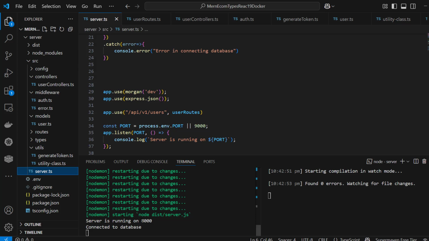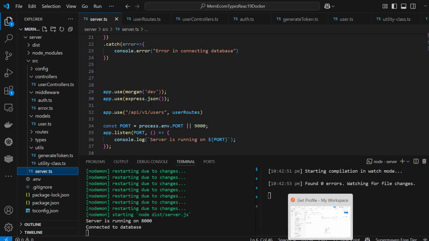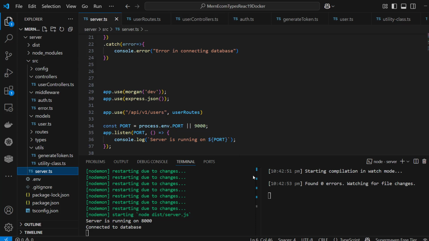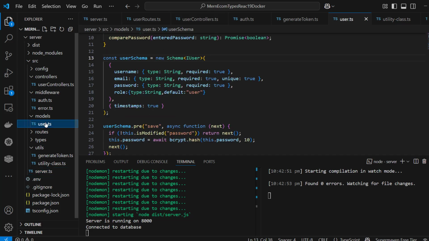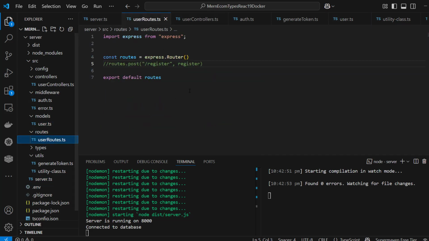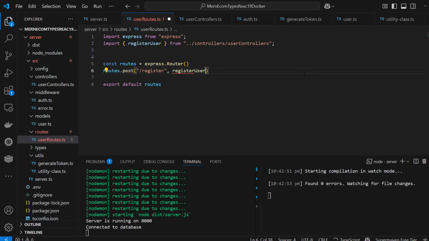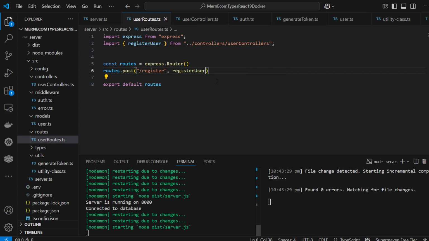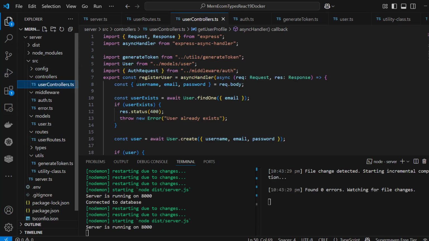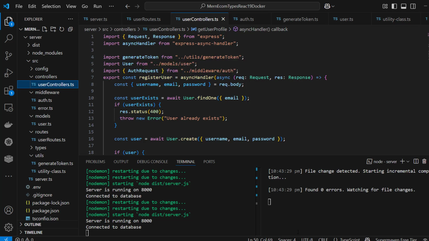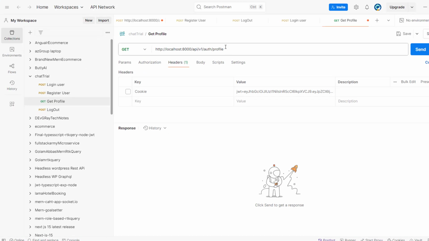Okay, let's go. So go to the server. Our app is running on 8000. Okay, and API beyond users register. So I should bring register. Register should come from the controller, register user. Okay. So go to the Postman,